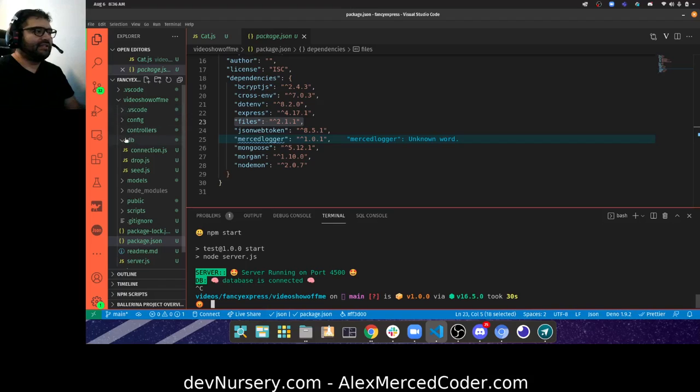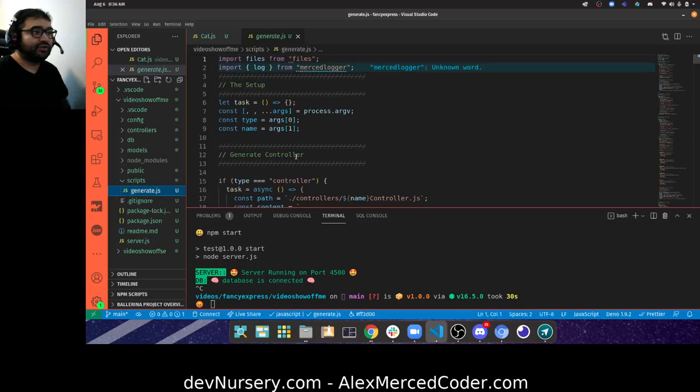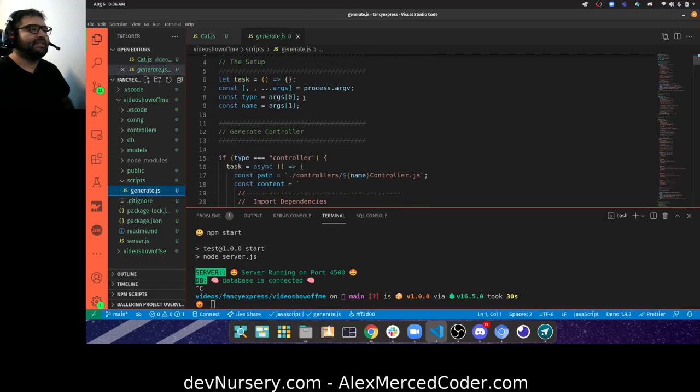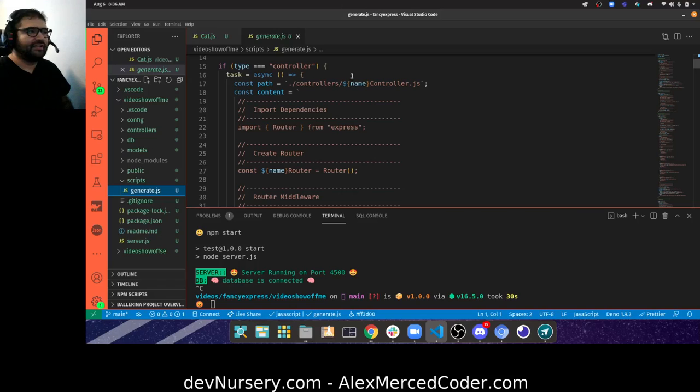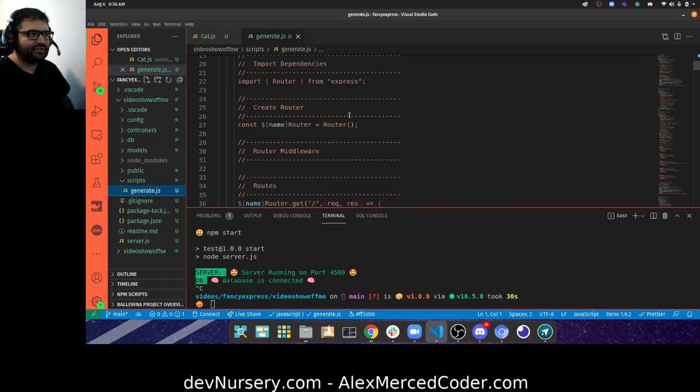And then, just to show you how it works, basically these scripts are all in this generate.js file, so you can alter them if you want to edit them. You can read through them and see how I did this. Basically what I'm doing is checking what kind of generator you chose, like if you chose controller as your generator,